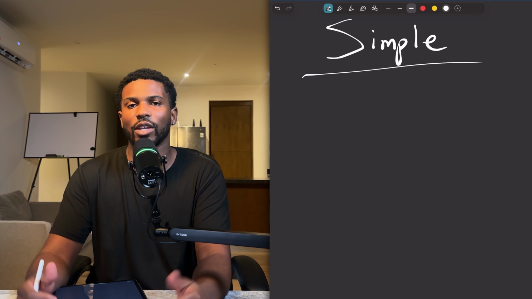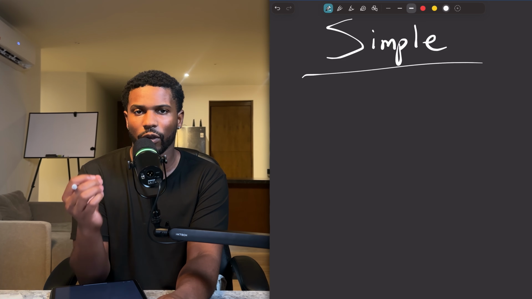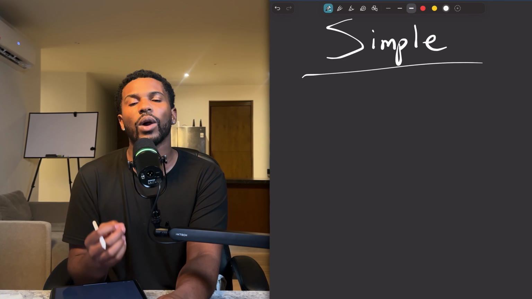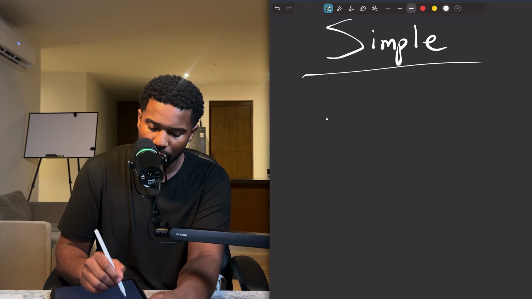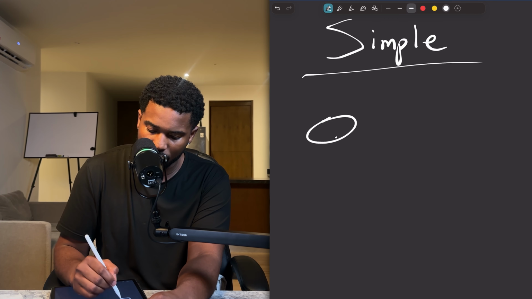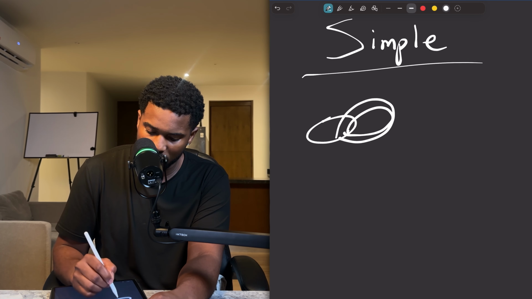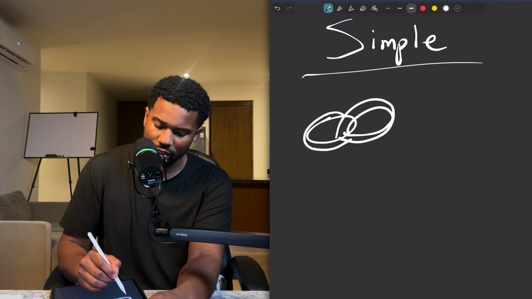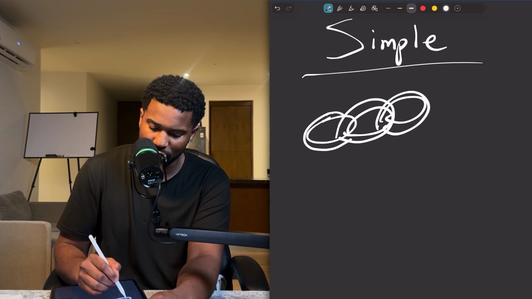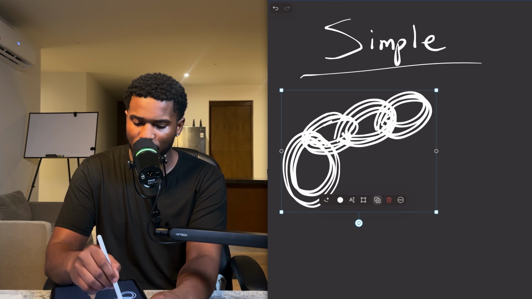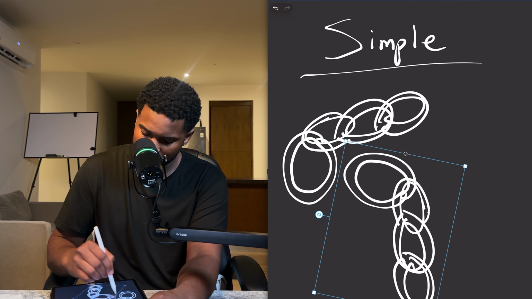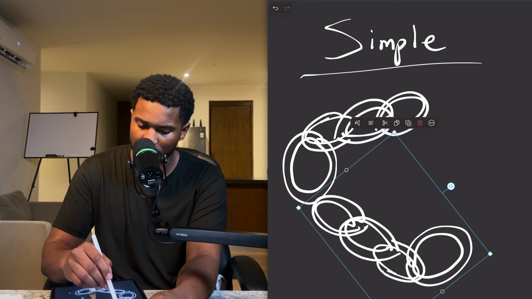But the reality is that you just want to have a simple workflow that works. And the reason why you want it to be simple is, let's say, for example, you have all these different chains, right? So you have all these chains right here, and these are chains. I don't know how good they look, but these are supposed to be chains, right? So let's just imagine for a second, we have all these different chains and there's all these different points where something can break. If you have a bunch of complication, like a complex, really super complex AI system, well, if only one of these chains breaks, the entire chain breaks.